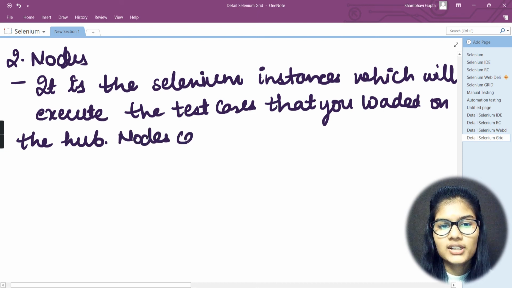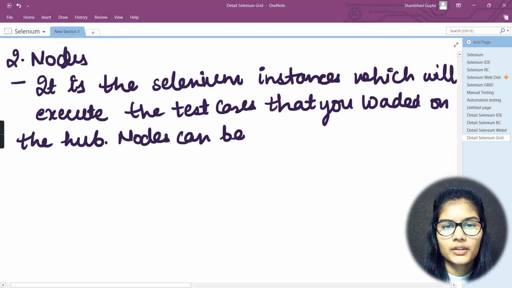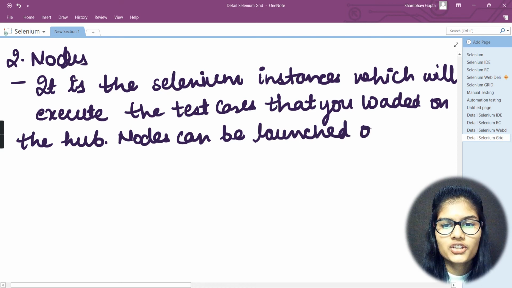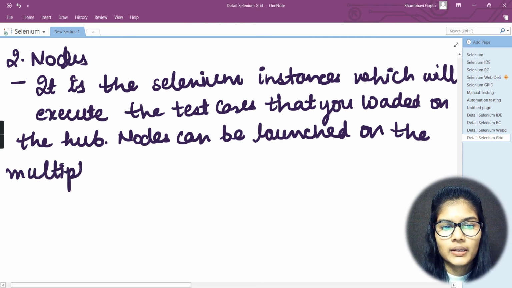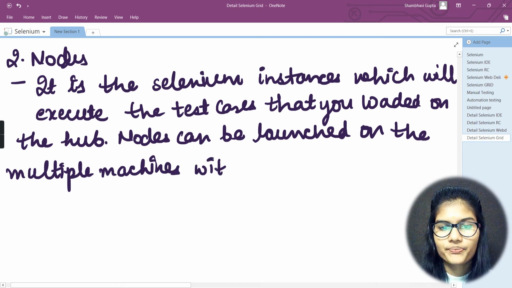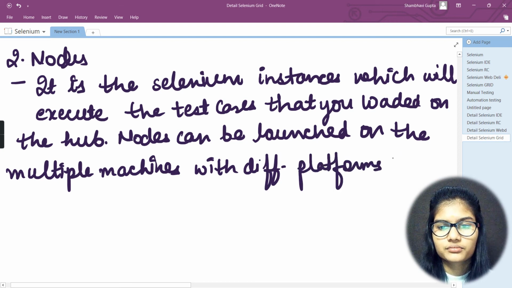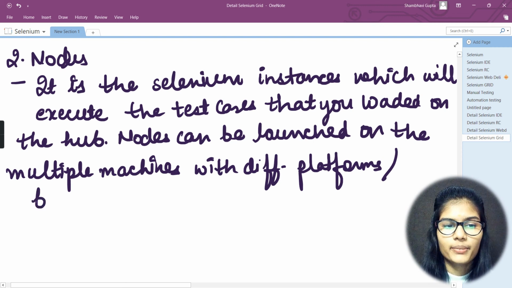Nodes can be launched on multiple machines with different platforms slash browsers.